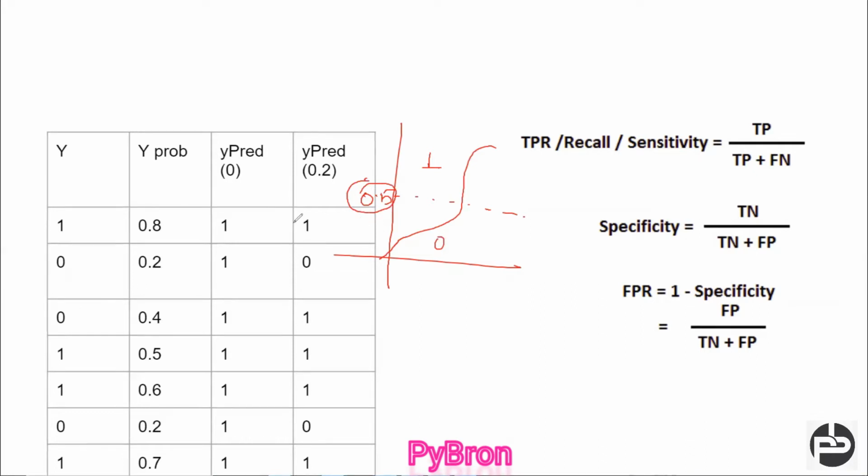But there is a logic here: this threshold value might change as per your business requirement and your product requirement. So how do we find the accurate value of the threshold? That is what we are going to learn. In order to learn that, we should know ROC and AUC. So now coming to the point,